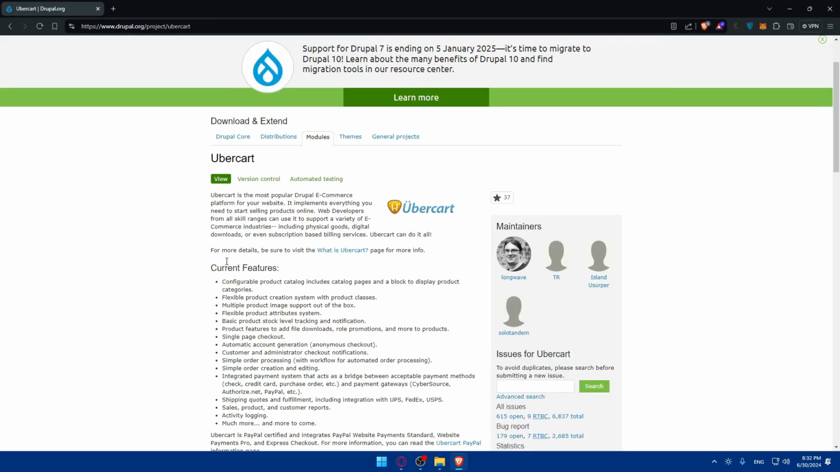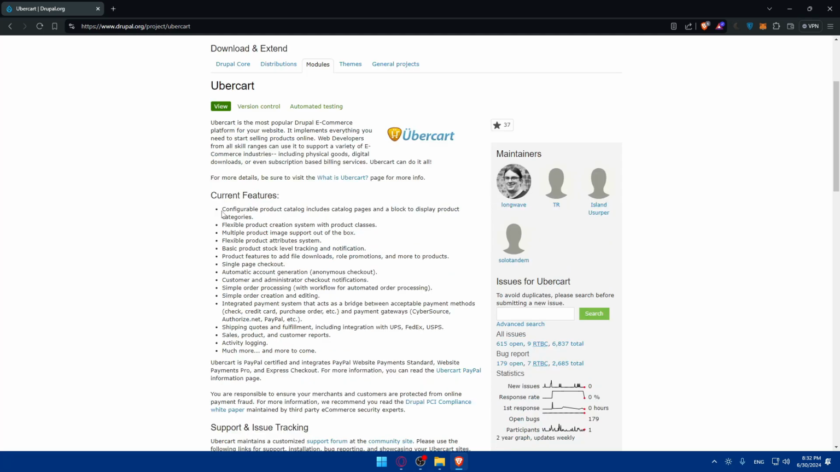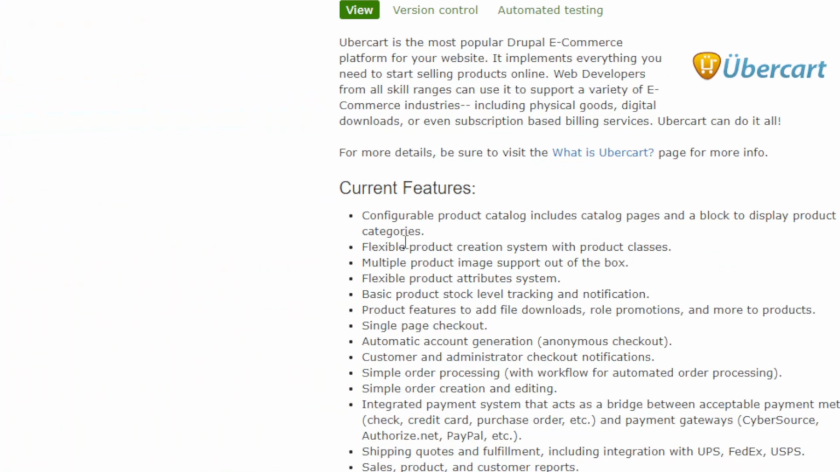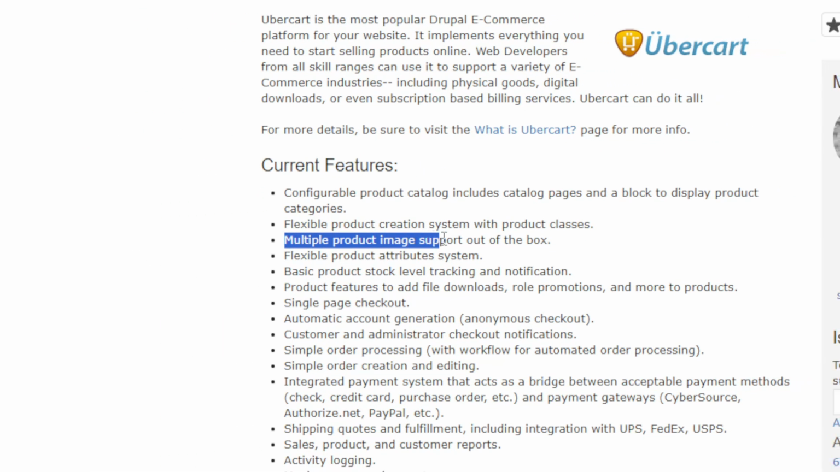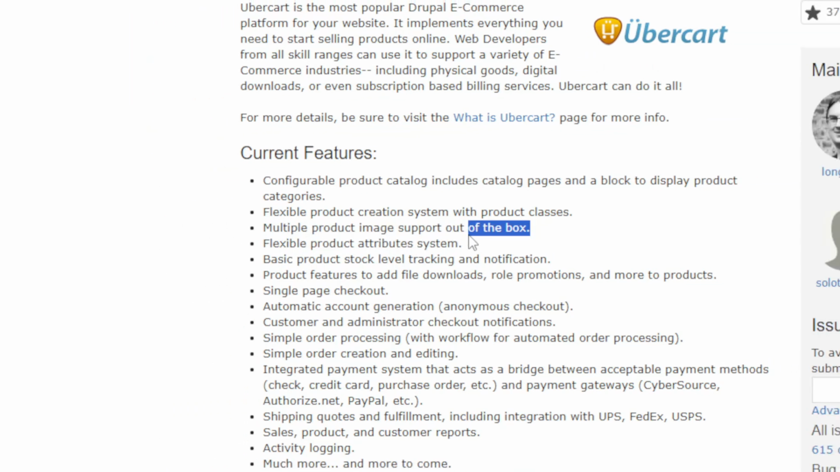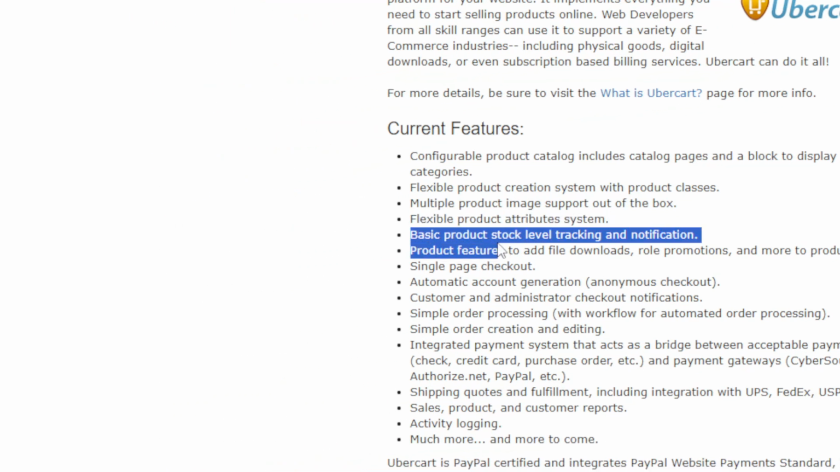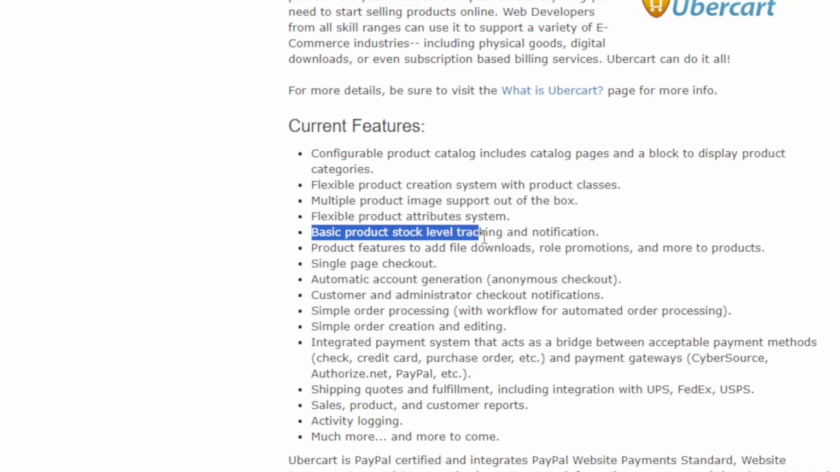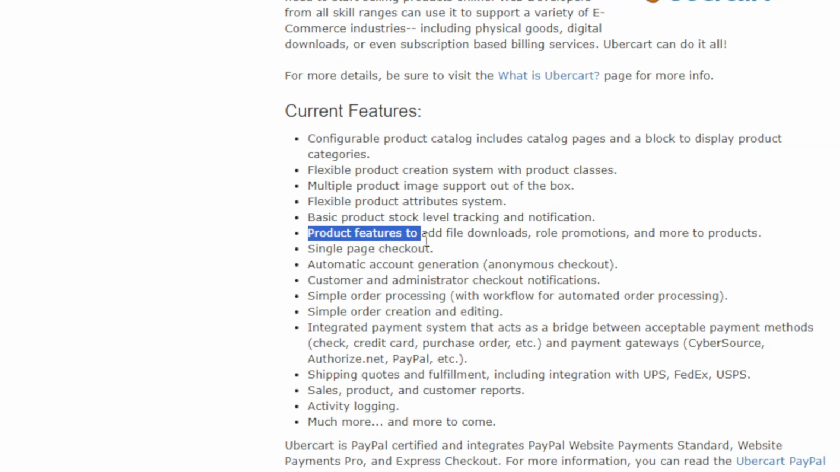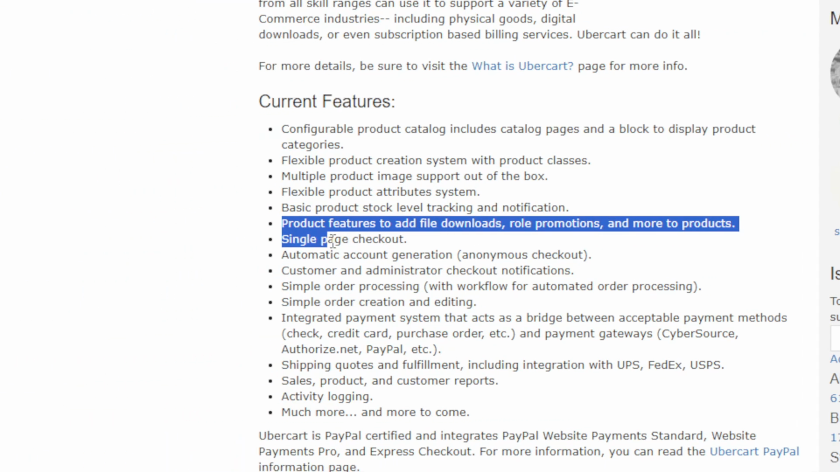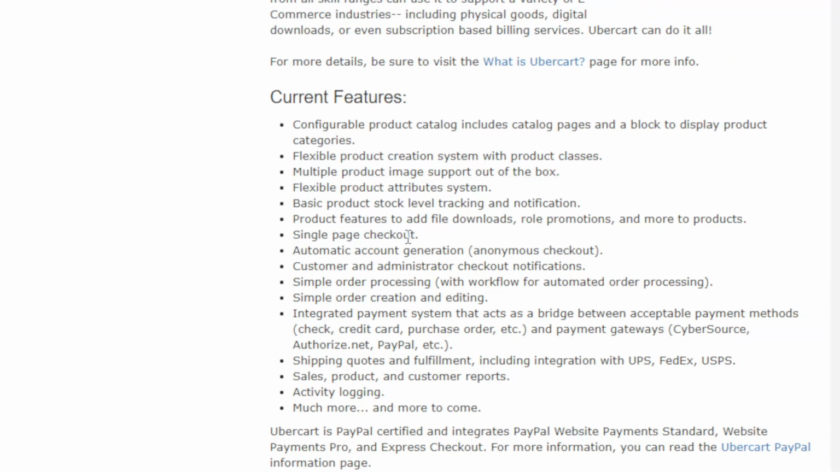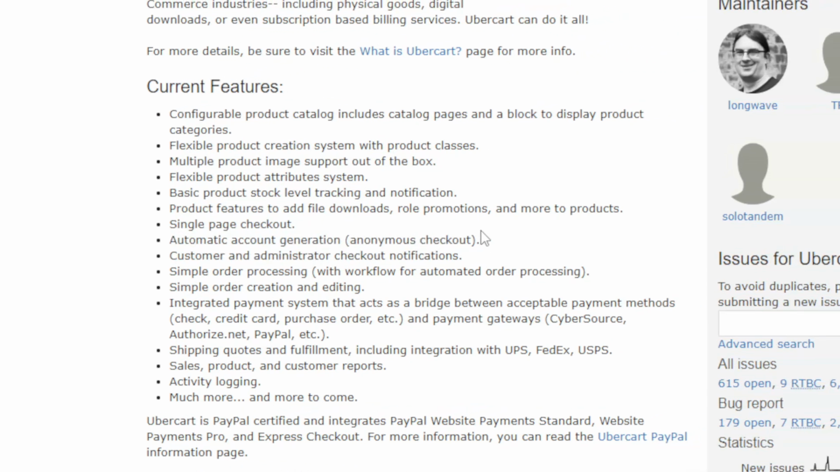Other than that, the current features in Ubercart, as an example, are a configurable products catalog, which includes catalog pages and a block to display the product categories, a flexible product creation system with product classes, multiple product images supported out of the box, a flexible product attribute system, product stock level tracking and notification, product features to add, of course, file downloads, role promotions, and more. Also single page checkout, automatic account generation, anonymous checkout also,